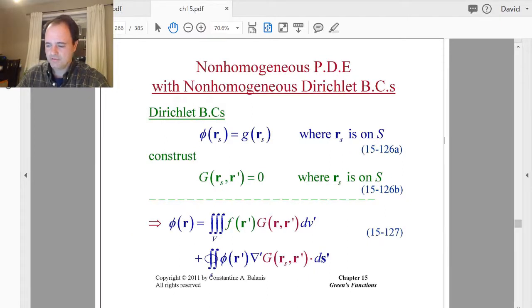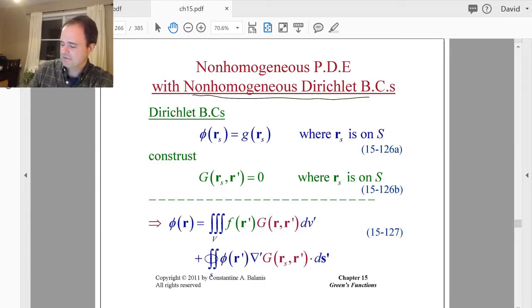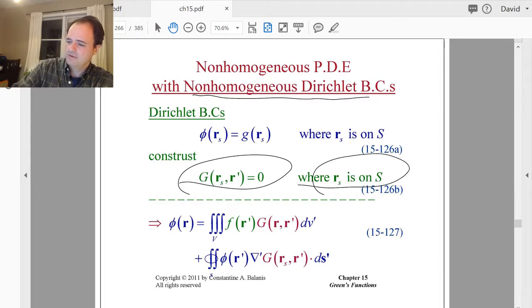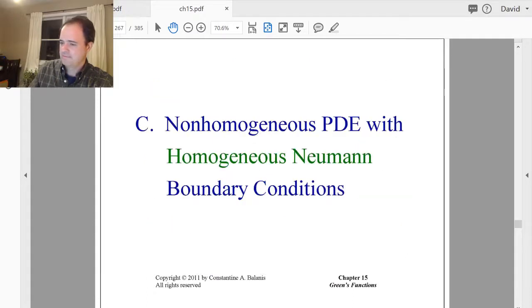So our general equation can accommodate non-homogeneous Dirichlet boundary conditions, where we let G be 0 everywhere on S, but my phi's may not be 0 everywhere on S. So that's why this portion of the right-hand side remains. All right, case C then, we have